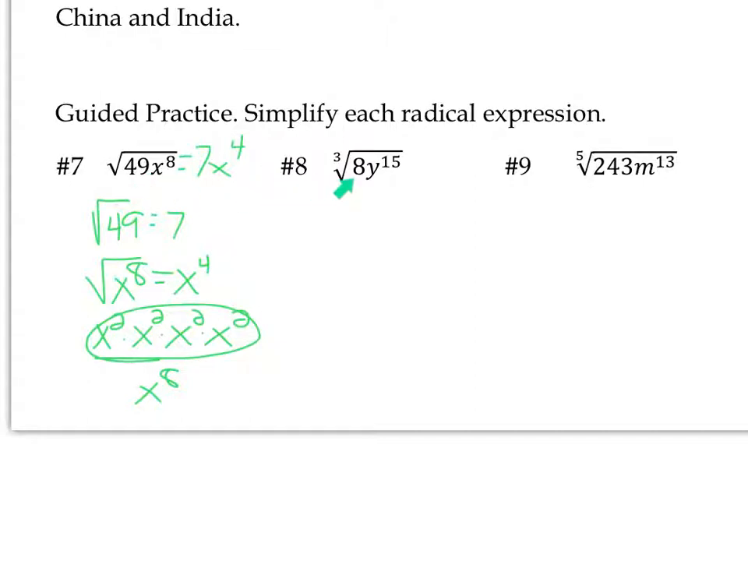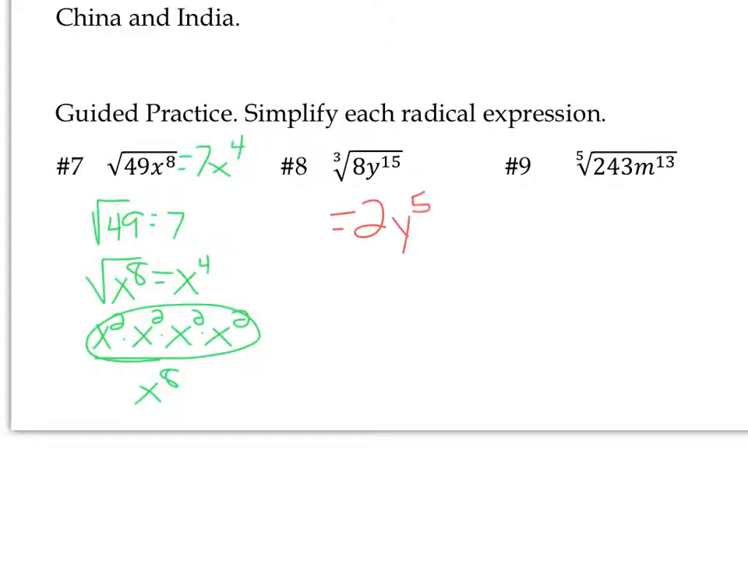The next one's a cube root. So we need to find numbers that multiply themselves 3 times to give us 8. And then we're going to see how many times does this root go into the exponent here. So 2 times itself 3 times gives us 8. And 3 goes into 15 5 times. So what that's going to mean for our answer is this would be equals